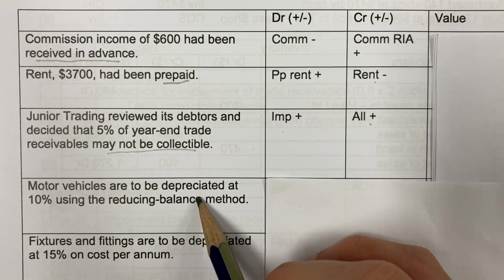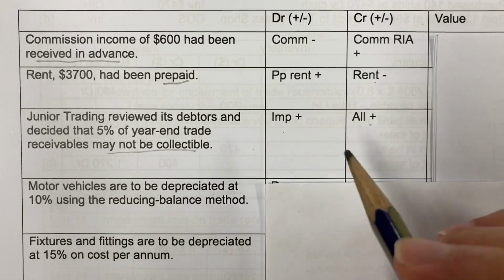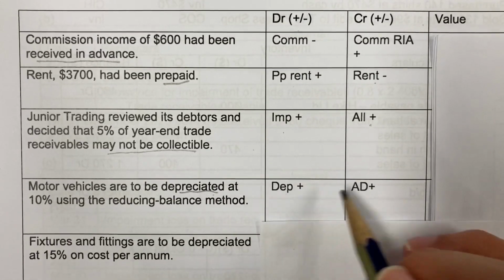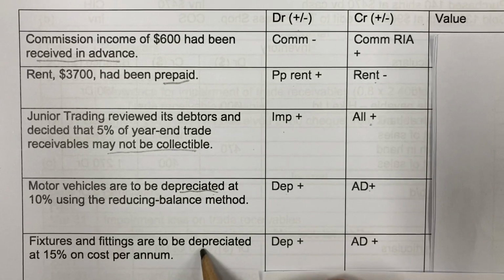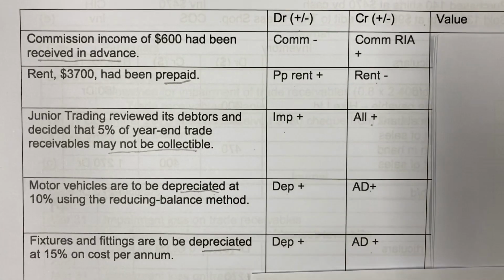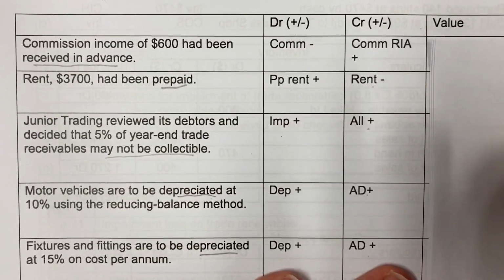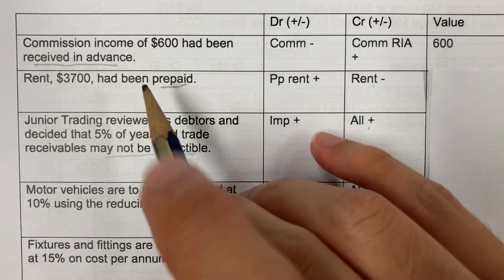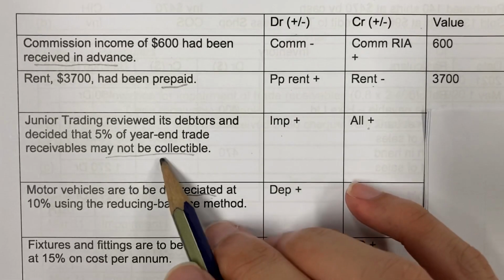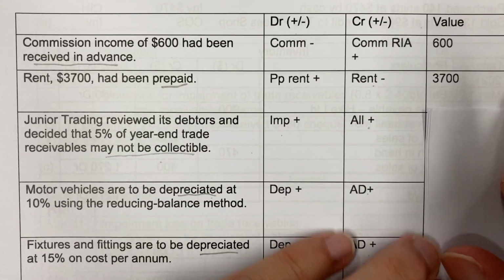Then we have the next one, which is depreciation. That is straightforward. Depreciation will be depreciation and accumulated depreciation, and likewise the same thing. Then the next part we need to figure out is the calculation. To do a calculation, the first one is obvious, it's just a number. The second one as well. For the third one, when we do this, then we have to do the calculation of